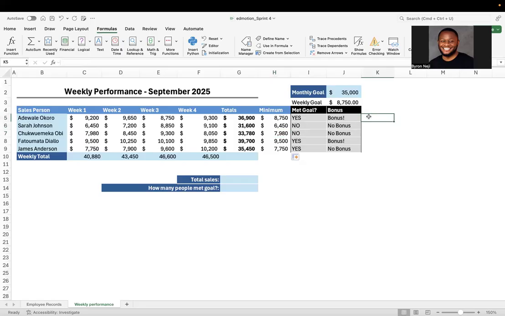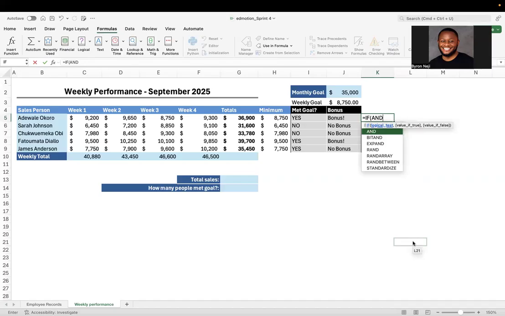So with this, I could simply use my IF function, right? And I would put in my AND. But let's start with the AND so it's not going to be confusing for you. Since we are going to do multiple conditions, but in this case the multiple conditions are going to be fewer, and this is what I mean. It's going to be: if the minimum is greater than or equal to the weekly goal, and if meeting the goal is equal to yes,